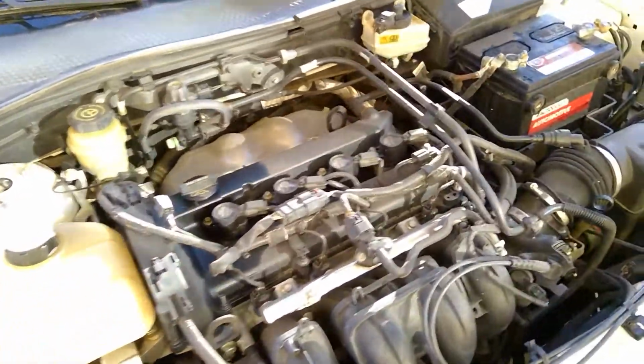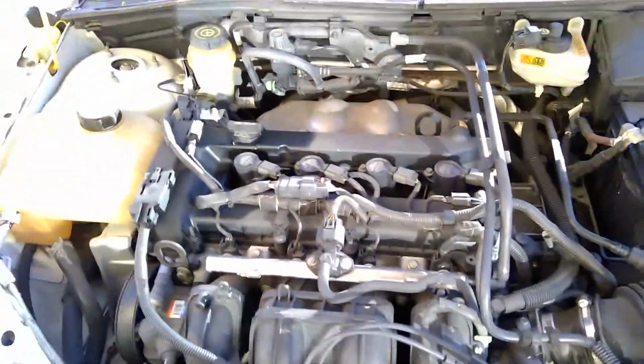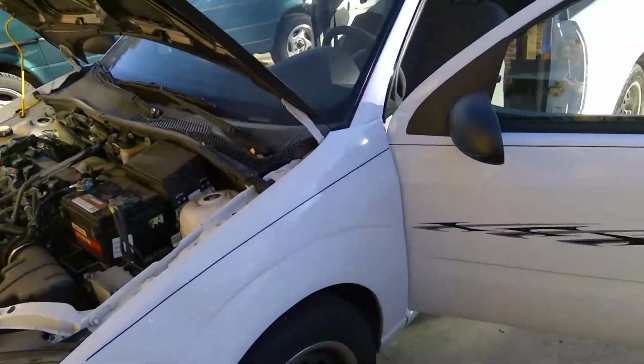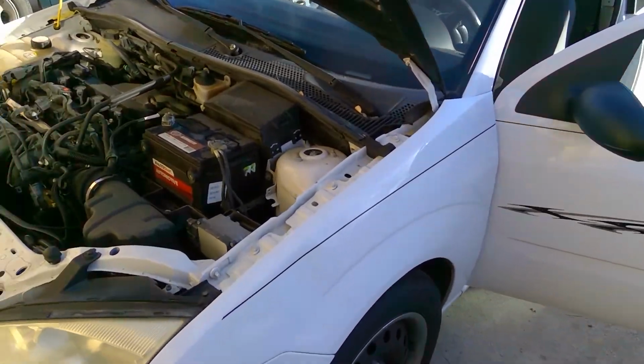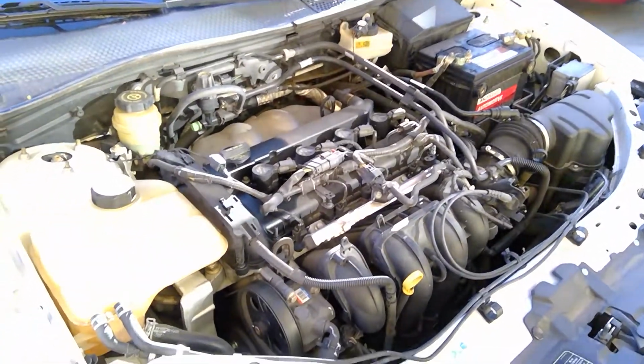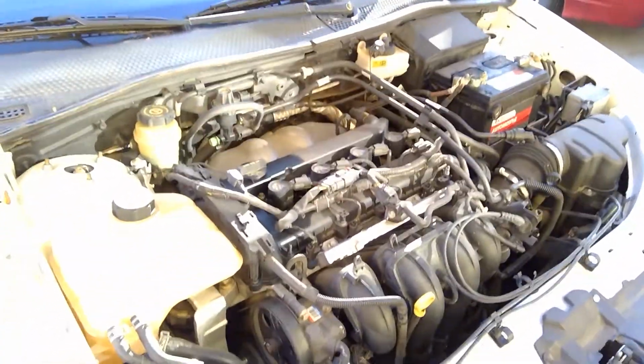All right, well, here we are back to building race cars. And this is kind of funny to me to think about this as being a race car, because it just looks more like a clown car than a race car. But that's the way it is. Now, one of the things that we need to take into consideration when we're building a car like this is